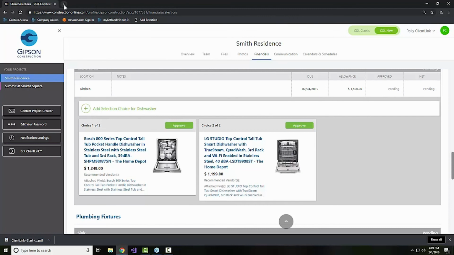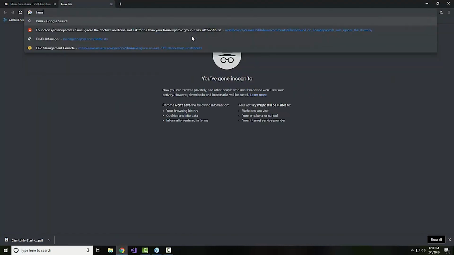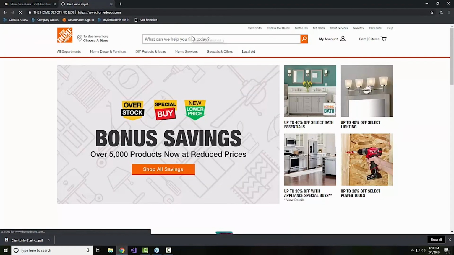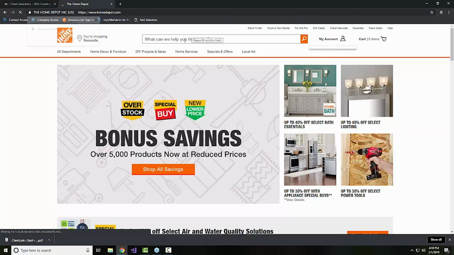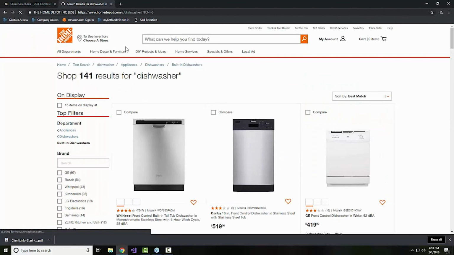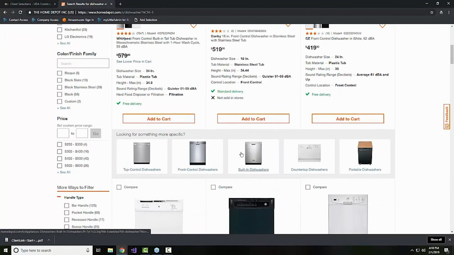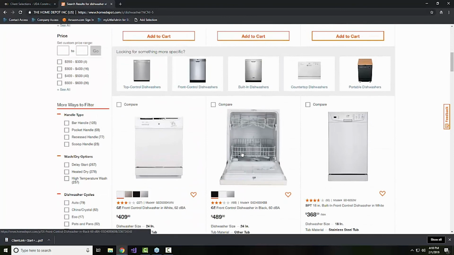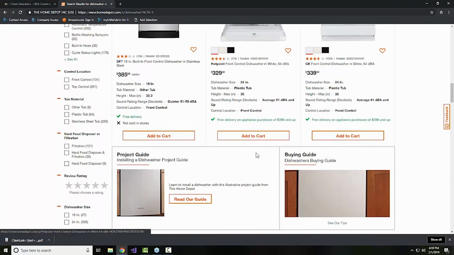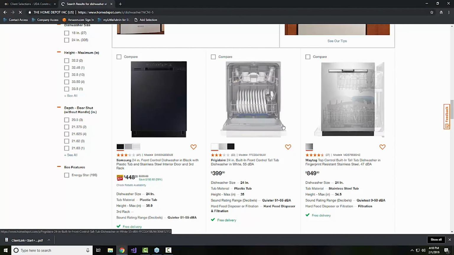And now all I have to do is go to the website for the vendor that I may use. We're picking out a dishwasher, so a vendor here might be Home Depot. It's a pretty common store in our area. So we'll go in, take a look at dishwashers, and if the client has seen something, or if they're shopping, they can, of course, just type in the details for you if they have an idea of something that they want to use. Or if they find something online, perhaps, again, going back to having that weekend access,